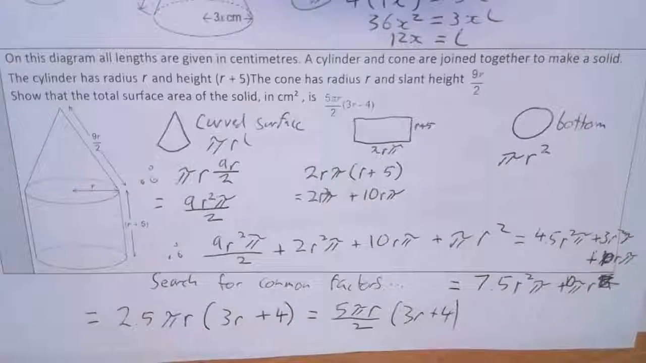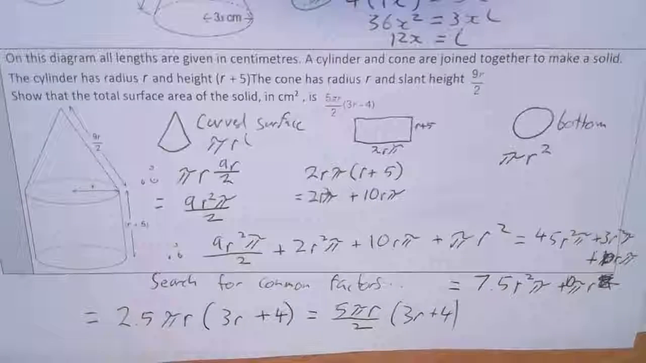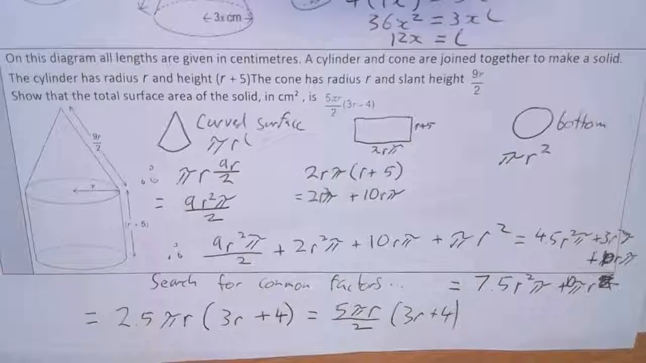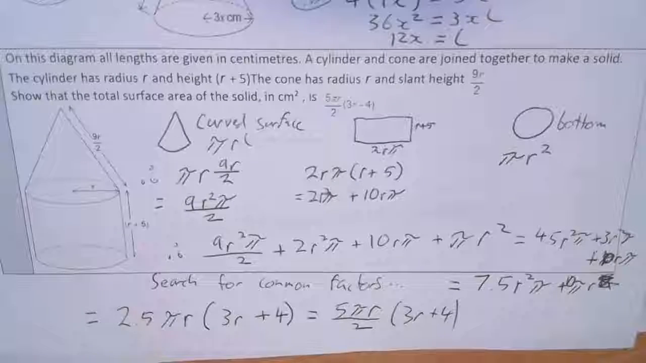On this diagram, all lengths are given in centimeters. A cylinder and cone are joined together to make a solid. The cylinder has radius r and height r plus 5. The cone has radius r and slant height 9r over 2. Show that the total surface area of the solid in centimeters squared is 5 pi r over 2 times (3r